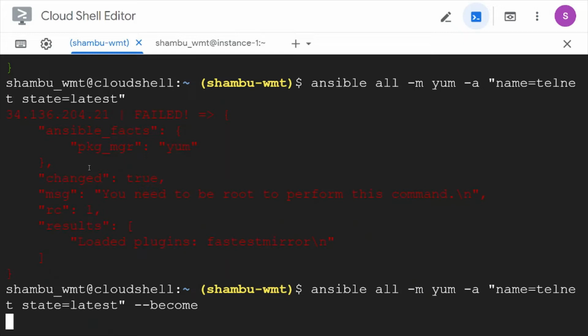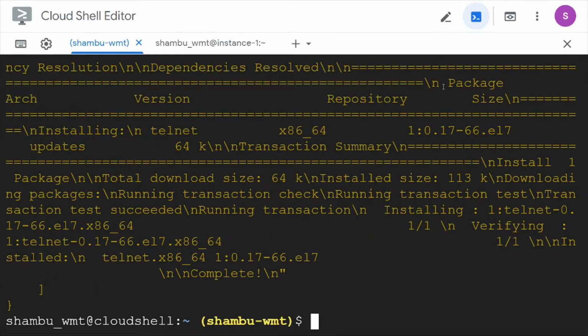So the module options, any other modules also we can run like this. It is just a one-time task, so it is installed.